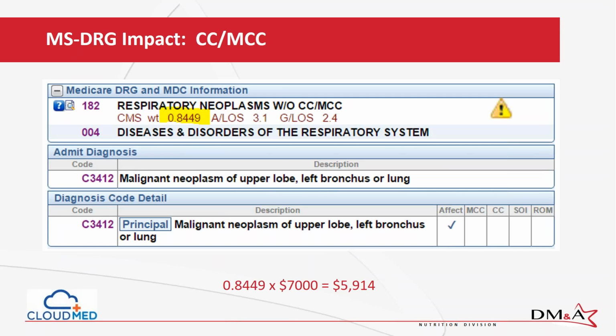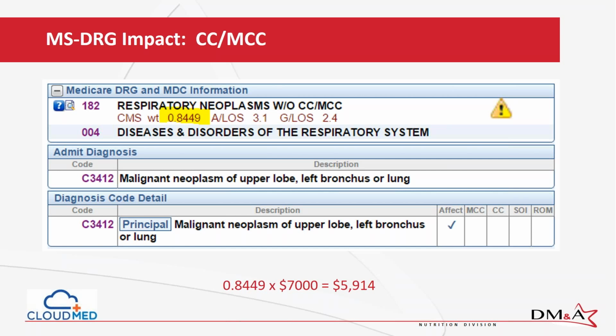So just to illustrate the impact of picking up diagnoses that have CC or MCC status in the MSDRG world, this case is an encounter where the patient's in the hospital for a lung cancer. And so if the patient had no other conditions that were of CC or MCC status, the DRG in this case would be 182 for the respiratory neoplasm, but you can see that the description there is without a CC